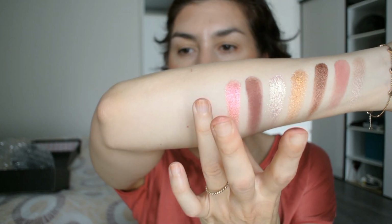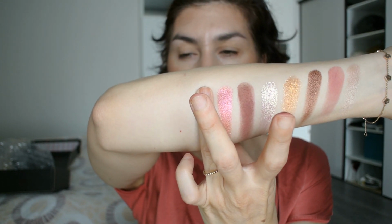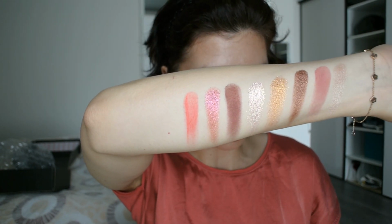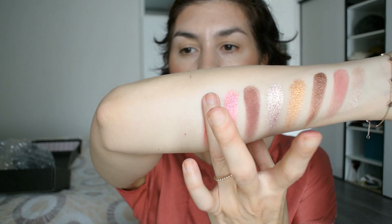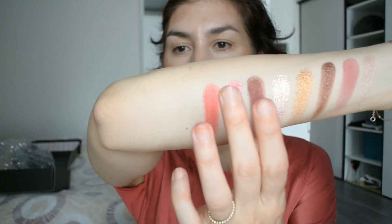Such a beautiful shade. Then we have the shade which was the most confusing on her photos because it looks like a hot pink, but it's actually a hot coral. This is the shade Shockwave. As you can tell, this is quite the punchy shade. And last but not least we have